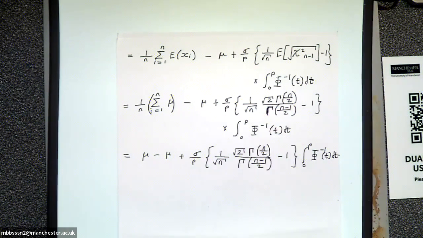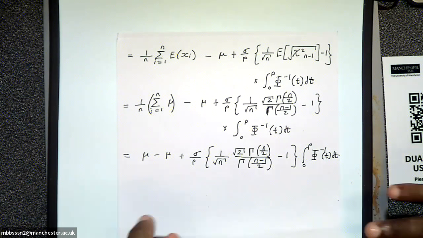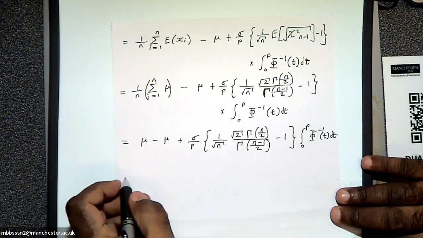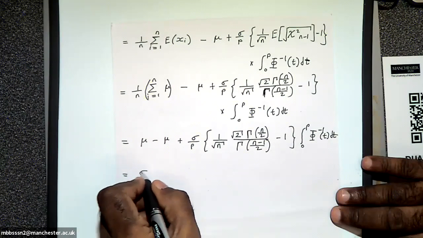Okay. Are you with me? Or are you lost? Please let me know if you can't follow me. Yeah, so these two cancel. So what you have is sigma by